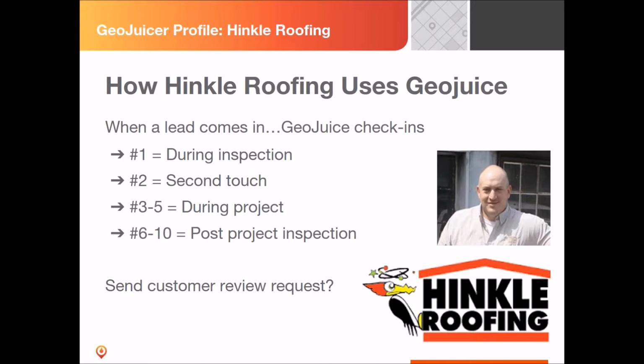And so what we came up with, just through what felt natural to us, was that once we receive a lead for whatever it is, a roof, gutters, siding, windows, whatever, and our estimator is assigned the lead, he goes out to the home, does his estimate, his inspection, his walkthrough with the homeowner, takes all the pictures that he's going to take and makes his notes. And when he gets back to his vehicle, before he